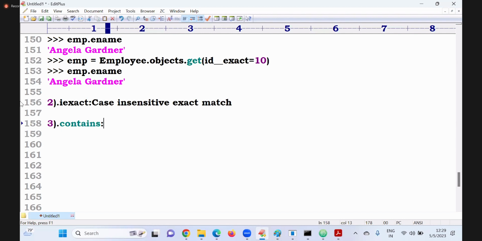So we have to... fourth one same. What is it? I contains. Case insensitive. Next one. Fifth one. What is it? In means